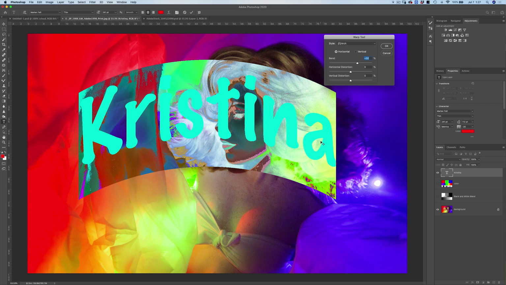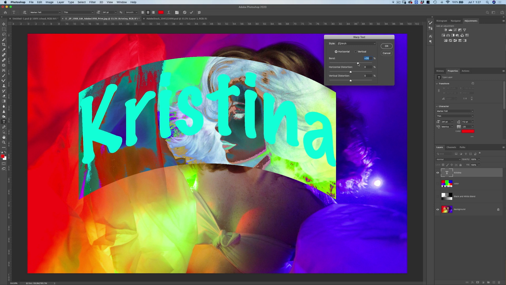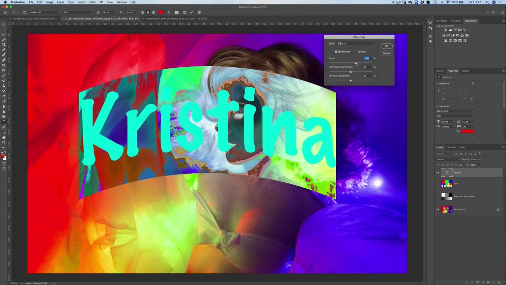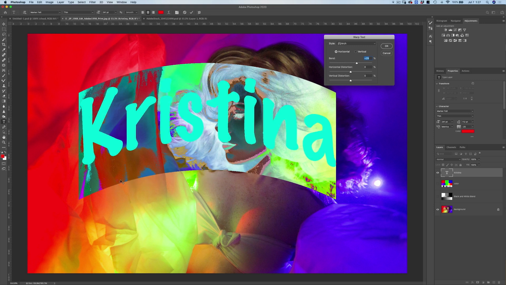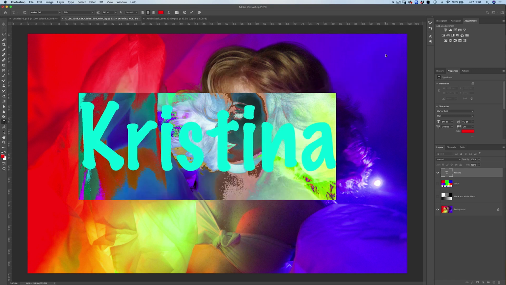I'll actually arc the text along the edge of a mermaid tail, for example. So Christina Shirk Photography, and I'll basically bend it so that it matches up right with the tail, with the fluke of the tail. So that's one way that I like to watermark my images. So let's go ahead and just cancel this.